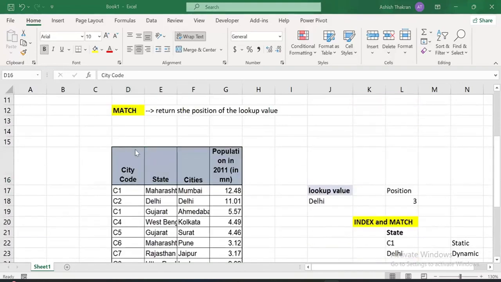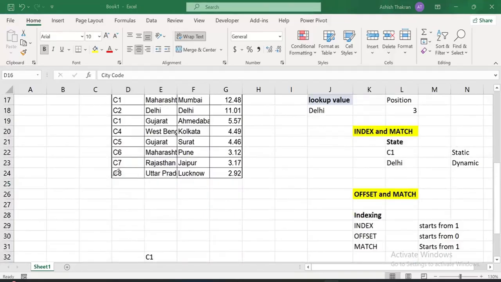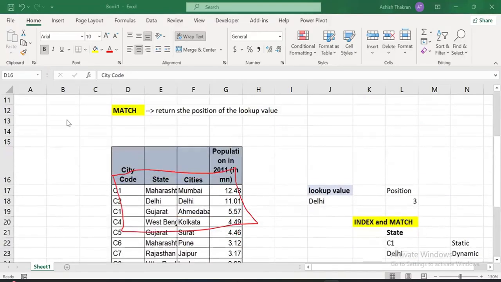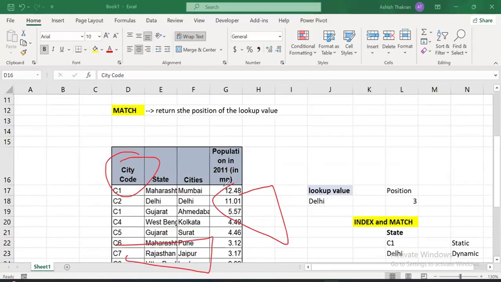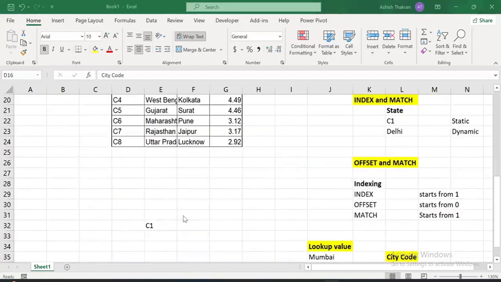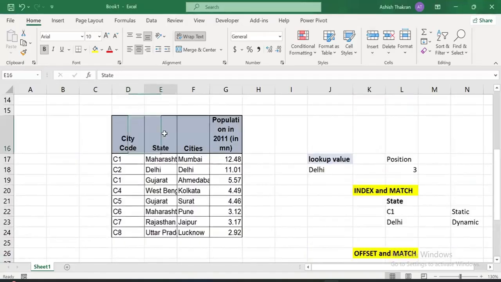Let's say अब index में क्या है, अगर आपका further data add होता है तो you have to change your table array, right? But offset में you don't have to do that because your starting point is fixed. Doesn't matter how much data is added below or on the right hand side or wherever. और अगर हम -1 ले रहे हैं तो वो इसलिए कर रहे हैं क्योंकि 0 से इंडेक्सिंग स्टार्ट हो रही है। करेक्ट, लेकिन अगर स्टेट पे हमने स्टार्ट किया है,